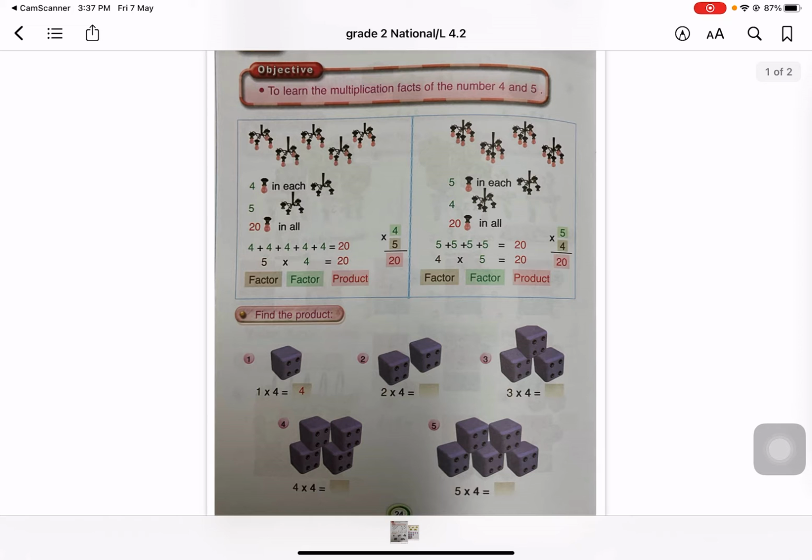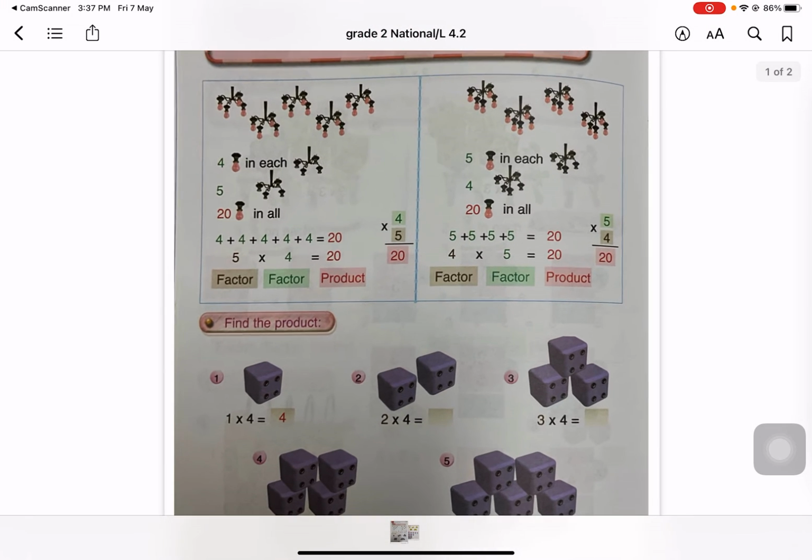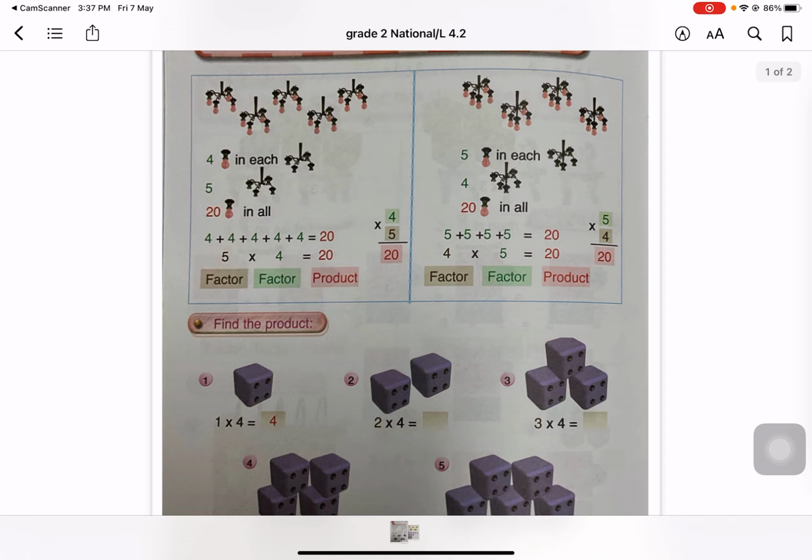يعني بدنا نراجع مع بعض table ال 4 وال 5. Before we took table 2 and 3, now we are going to take table 4 and 5. Okay, it's the same concept. Look here what they say. They draw for me